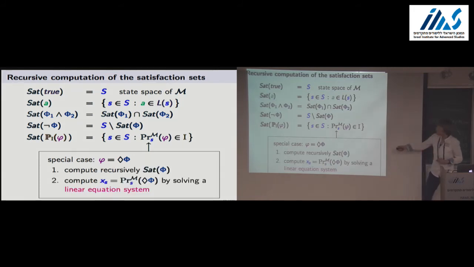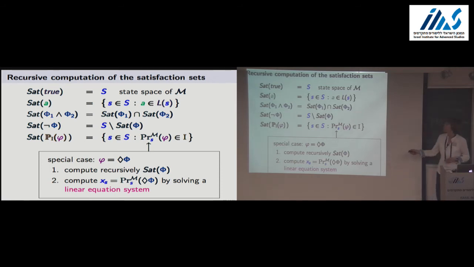In that case, with this recursive computation of the satisfaction set of inner formulas, we can suppose that this state formula phi has been treated before, so we know its satisfaction set, which means that we deal here just with a reachability condition, reach some set of states. And to compute such reachability probabilities in finite state Markov chains, this is very simple,